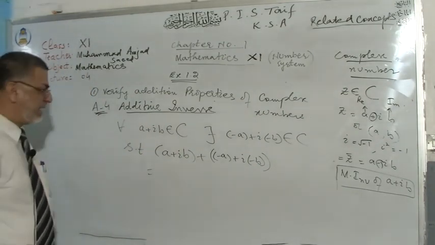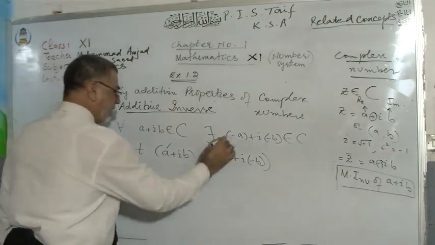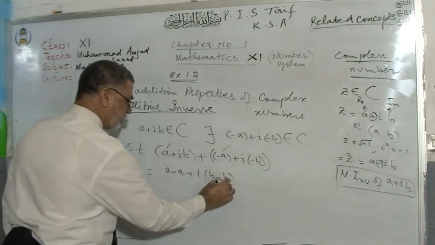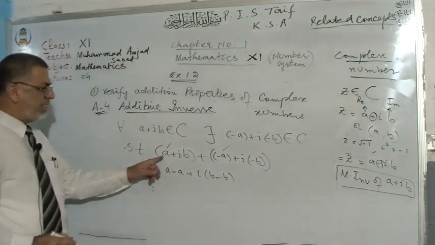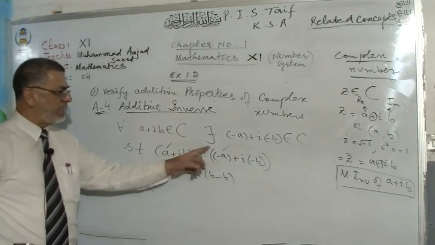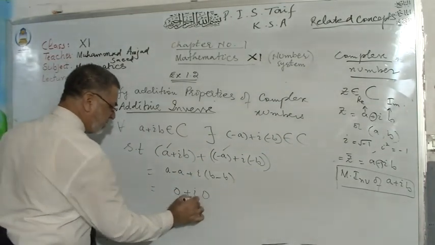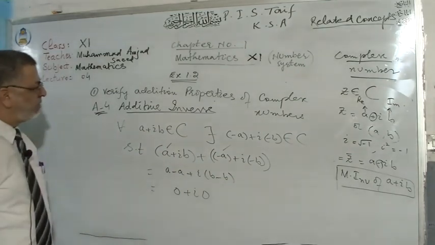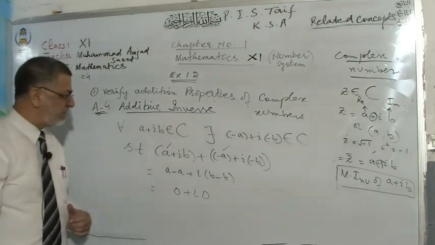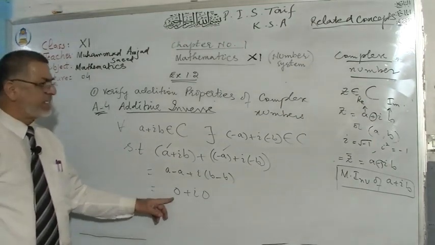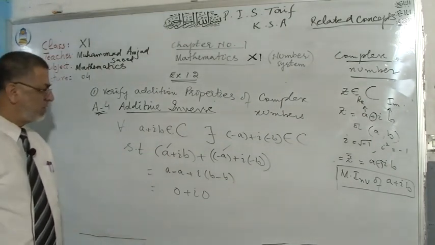When they are added, you will have real and real, plus iota b minus b. Real minus real and imaginary minus imaginary, iota is taken common. This is 0 plus iota 0. So I told you two numbers are additive inverses of each other if their sum is an additive identity, that is 0. Hence,